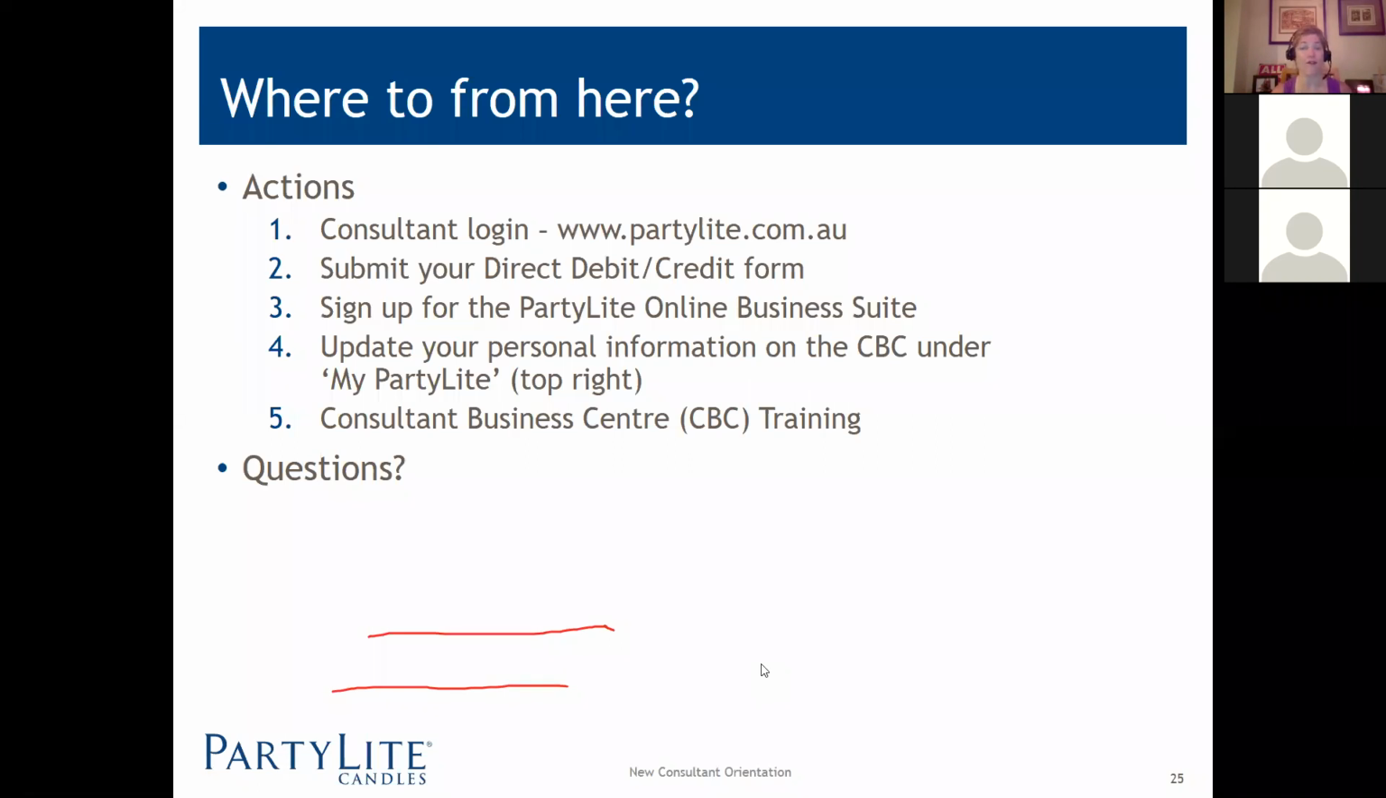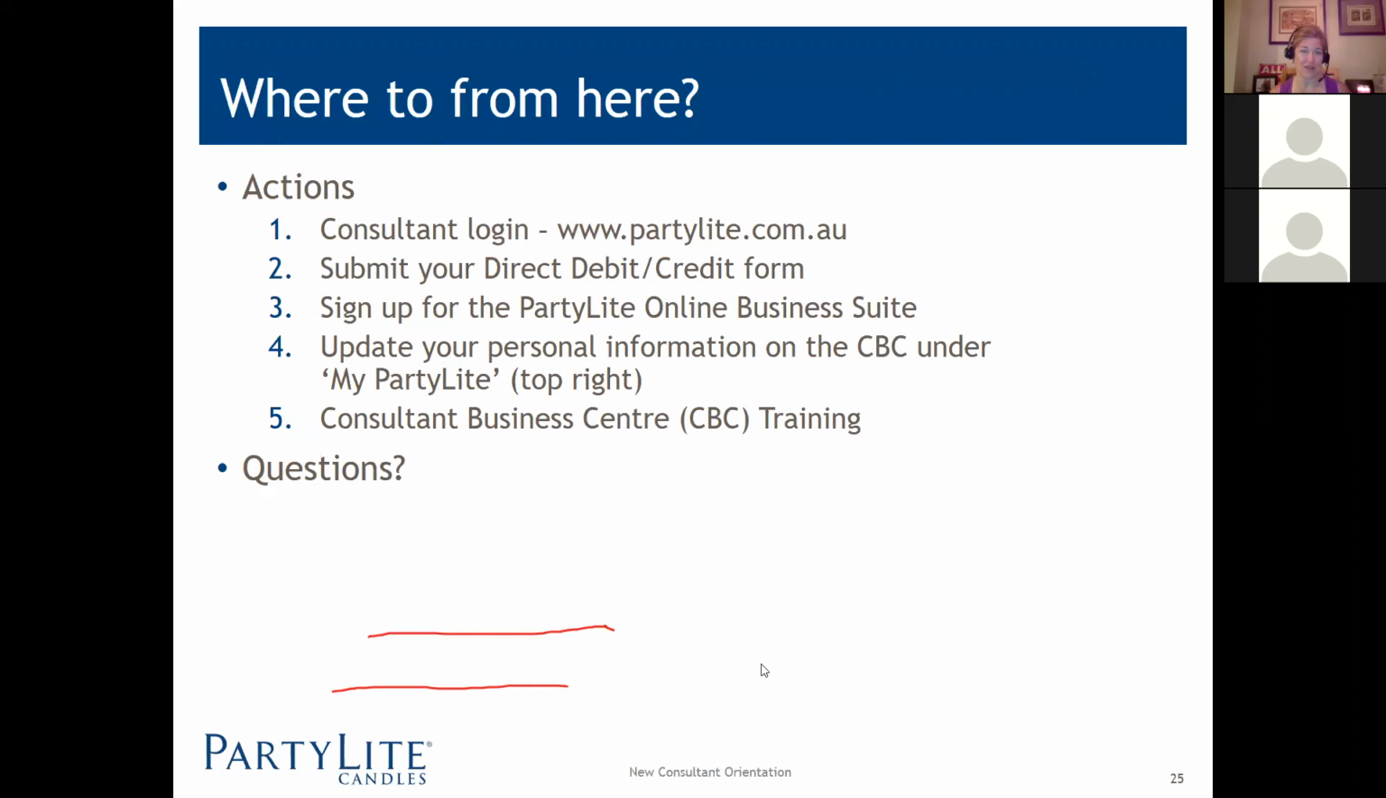And it's very important that you have that set up because, number three, sign up for the Party Light Online Business Suite requires you to have given Party Light permission to take $7.50 out of your account every month to pay for your candle connection, your personal website, and your reporting. It's a great marketing tool, and it's a great and inexpensive business expense. Highly recommended. So fill in your direct debit credit form, and then you'll be able to enroll in the online